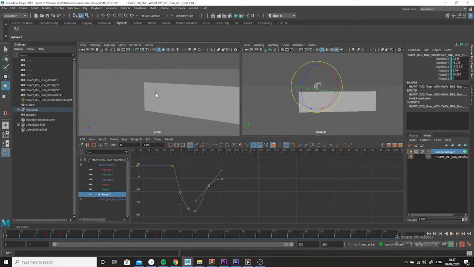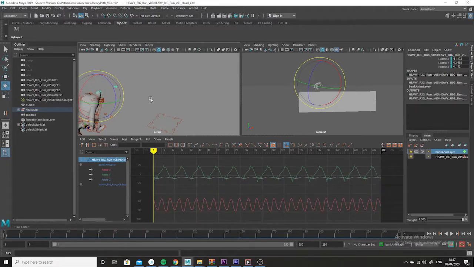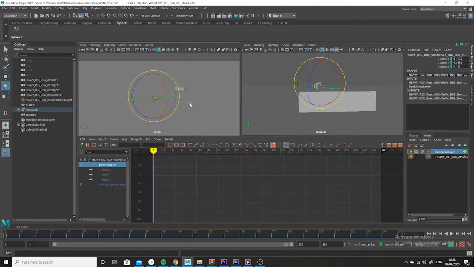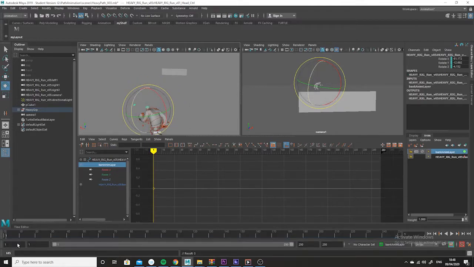I mean, with animation layers, you can really bump up your animation. You can have a look at the head. The head should really anticipate what's going on, the head and shoulders. And also in making sure you're in the bank animation layer, when he's coming up to the wall, the head can be, I'll key it here, maybe looking at the wall,